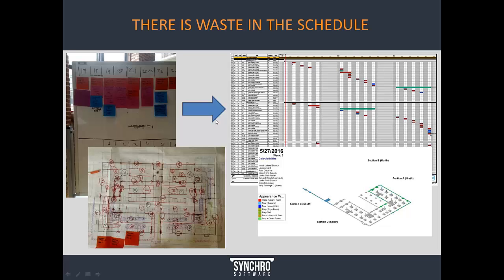So again, there's waste in the schedule, it's a given. The Synchro 4D enables the ability to look more closely at that in cooperation with lean practices and enable an even more effective workflow that's more easily communicated and actually, in context with the previous slide, offers further opportunities to optimize and reduce waste. Think about the use of Synchro, think about the use of 4D in context with pull planning.